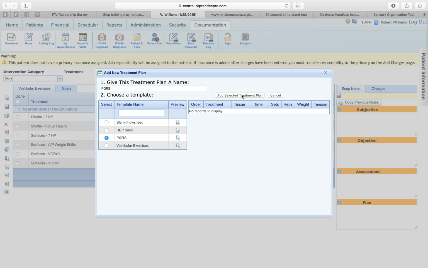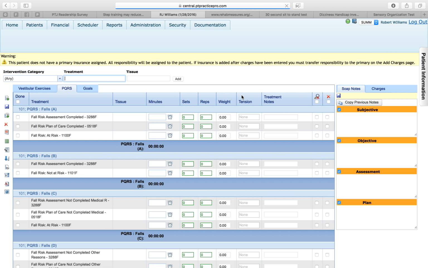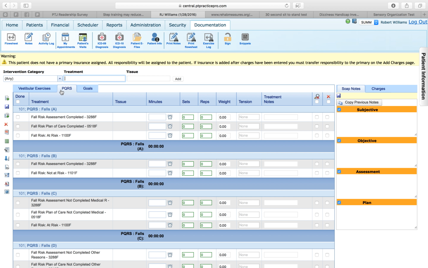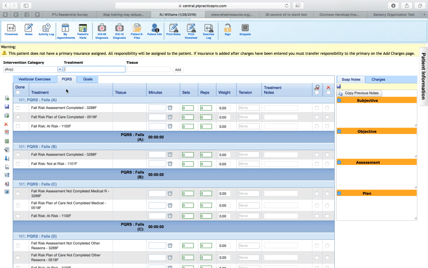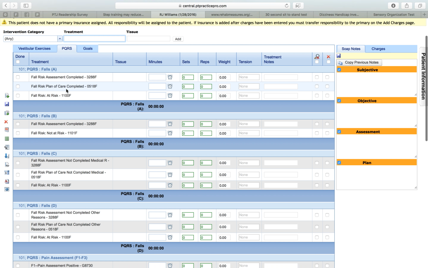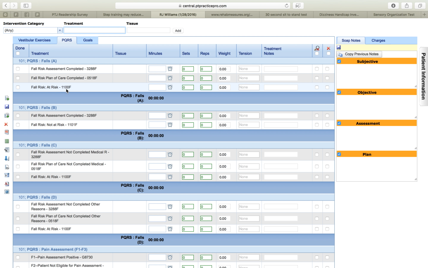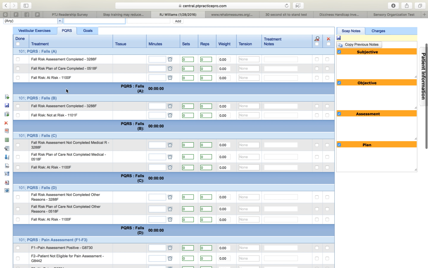This was Medicare, and it's going to add a PQRS tab up here. So how they do PQRS in the system, first one that they touch on are falls. So this is just selecting the charges that you want to do for falls. They break it down into 4 different types of patients that you may see. You may see patient A, B, C, or